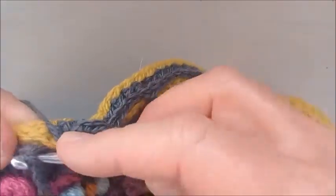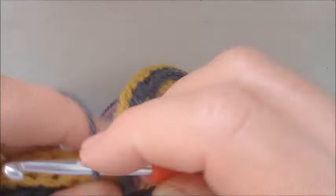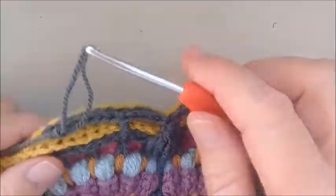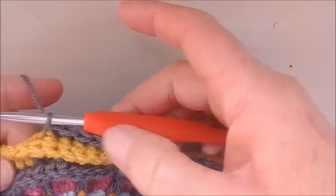3, 4, and then the same story, yarn over, and we're going to work a double crochet front post, yarn over, work 6, 1, 2, 3, 4, 5. And as I was saying before I was so rudely interrupted by my camera, so now we've done 6